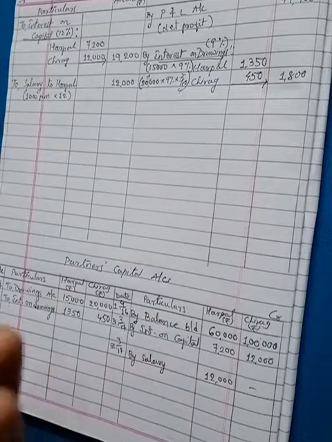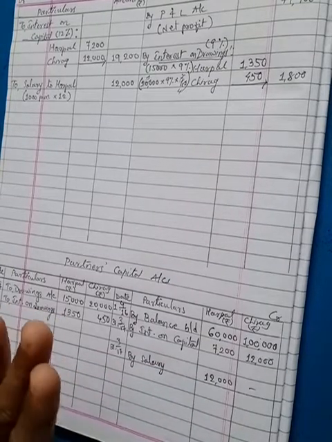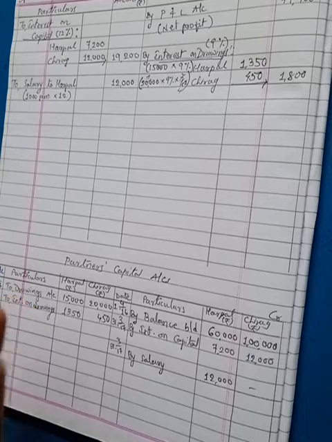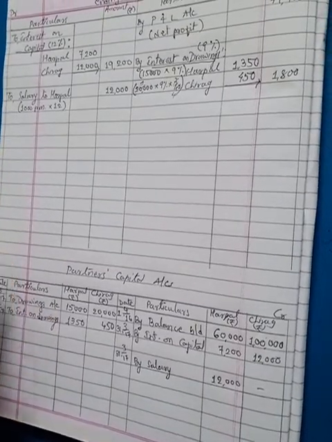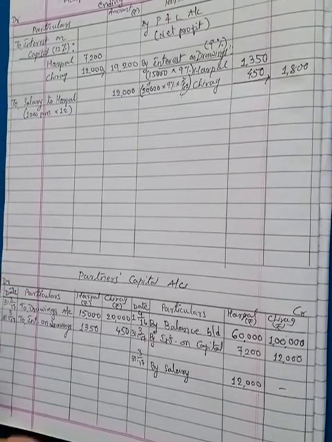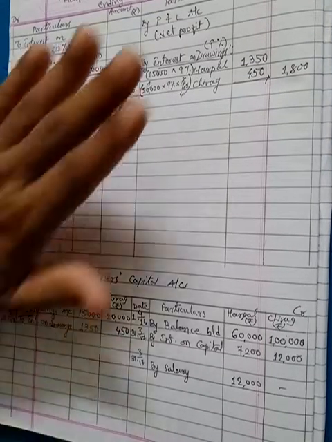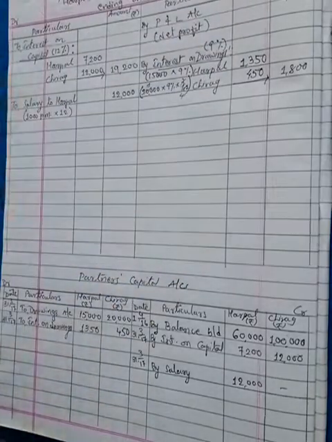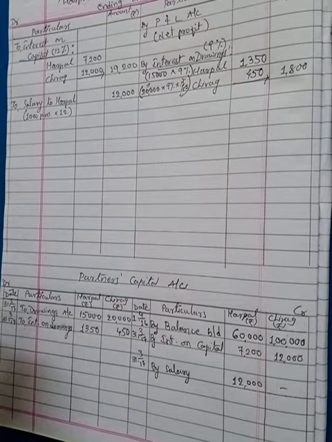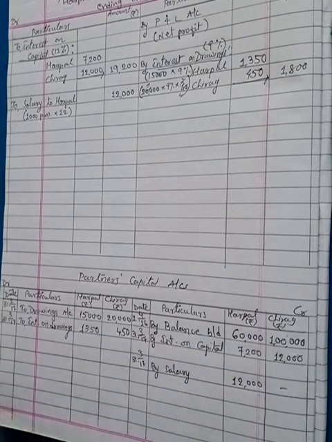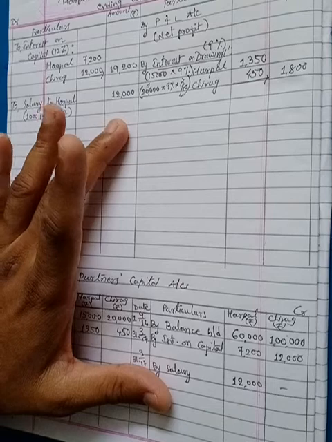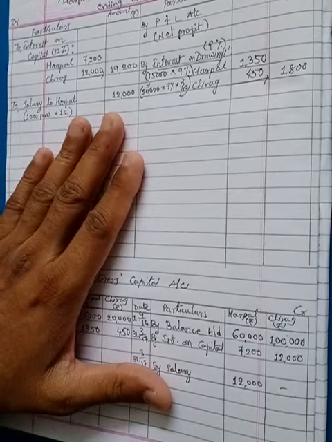Second thing, interest on loan is calculated at the rate of 6% as per the Indian Partnership Act 1932, and it is recorded on the debit side of the profit and loss account as an expense of the firm, so it cannot be shown in the appropriation account. As well, unpaid or outstanding interest on loan is a liability, so the second effect is recorded in the balance sheet on the liability side, so it cannot be recorded in the capital account also. So these loan related transactions are not recorded over here in the appropriation account or in the capital account.